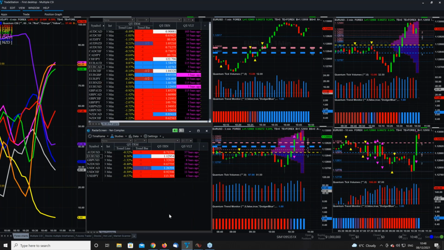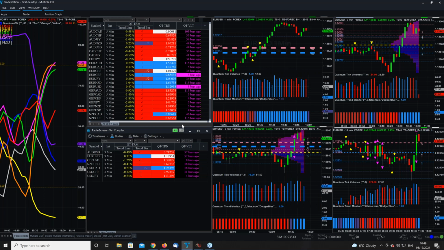This is on, as I say, TradeStation. And one of the great features of TradeStation is the radar screen, which we are replicating. We're using Market Analyzer on NinjaTrader. It's one of the things we've been planning on doing for a long time. So we are working on it on the NinjaTrader platform, and it'll work in a similar sort of way. We've already got it on TradingView. On TradingView, we were a little bit limited. We were only able to build, I think it was 10 pairs on the radar panel. But in terms of radar screen, the world is your oyster.